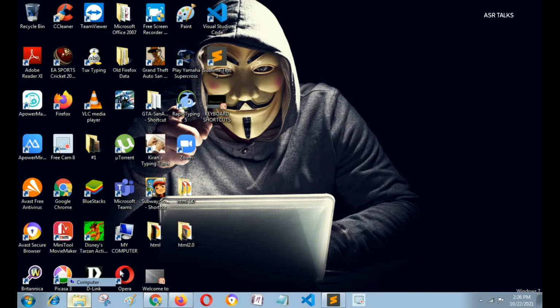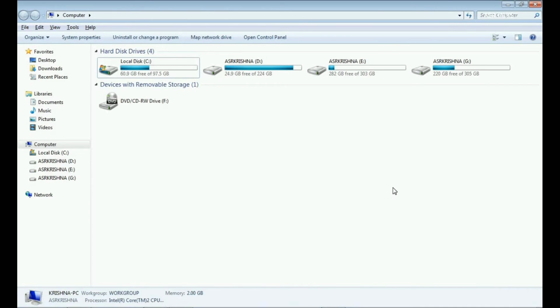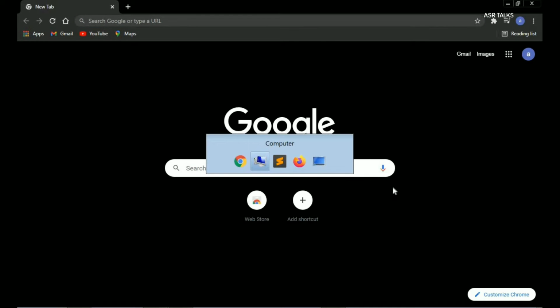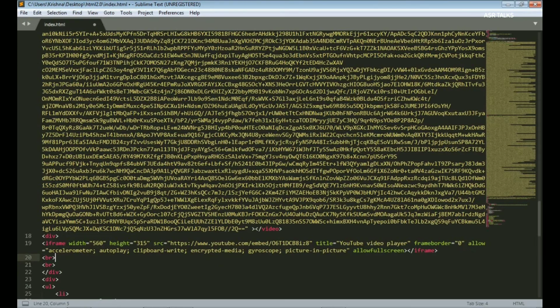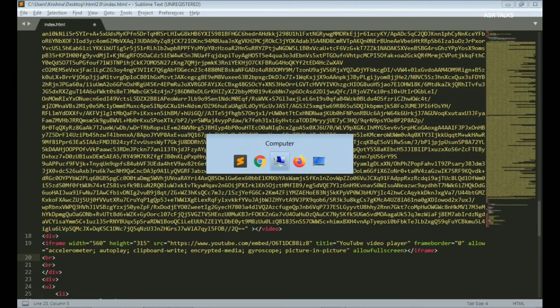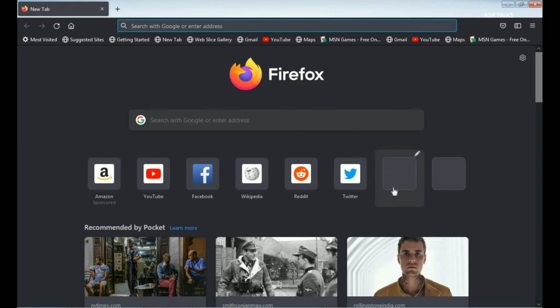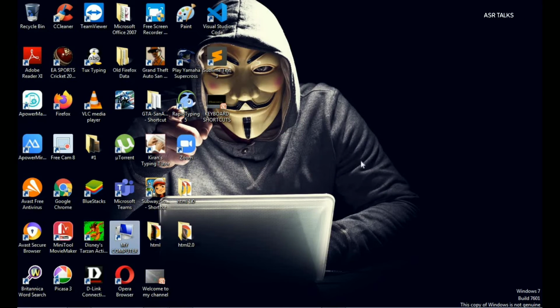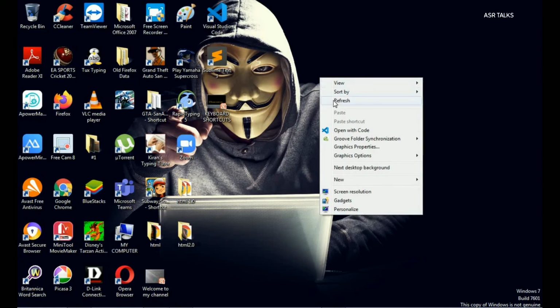The Alt key is held down while the Tab key is pressed to cycle through the icons of all the windows. When the Tab key is released, the highlighted window is brought to the foreground. You can observe here the highlighted one is Mozilla Firefox and it is open. And here I am highlighting the desktop through Tab, and the desktop is visible clearly.